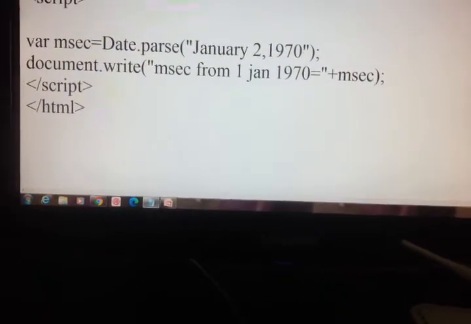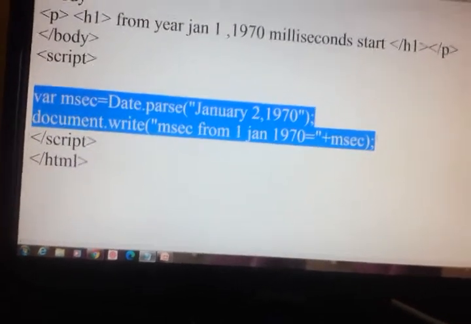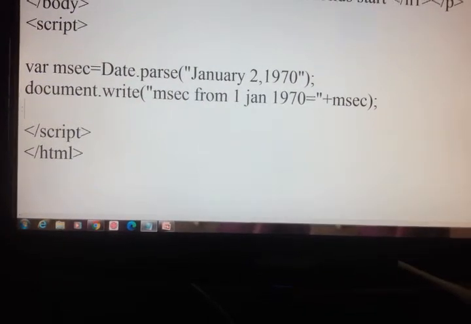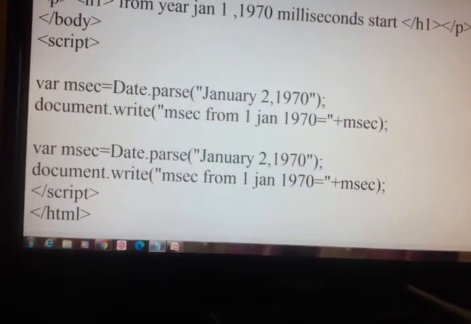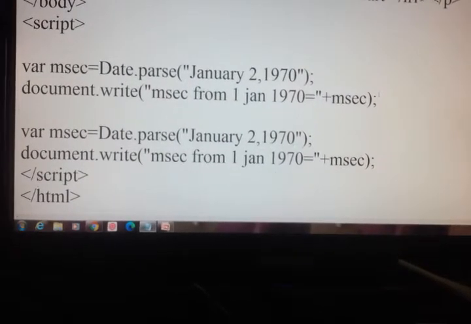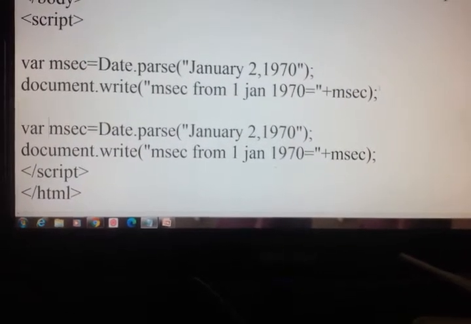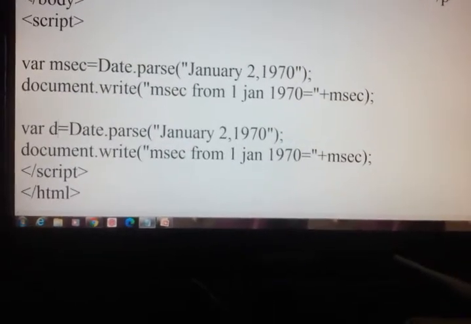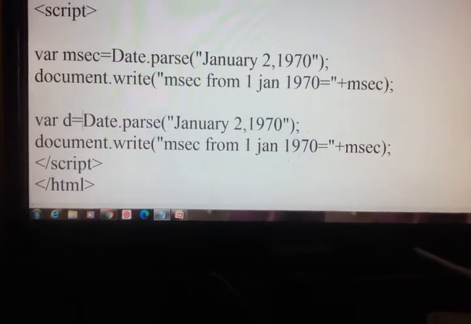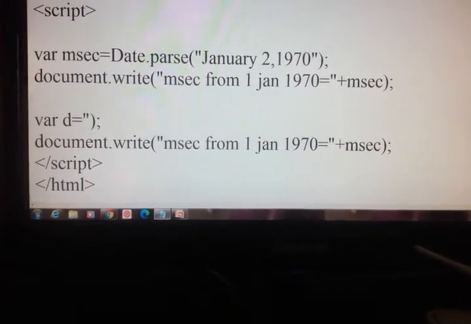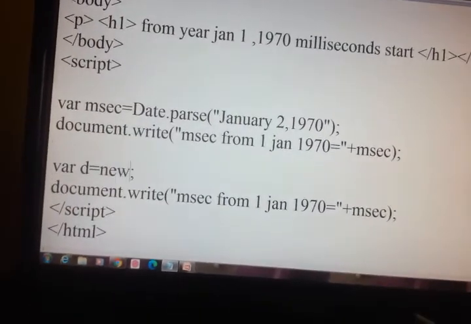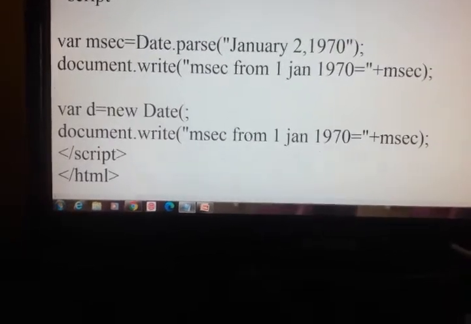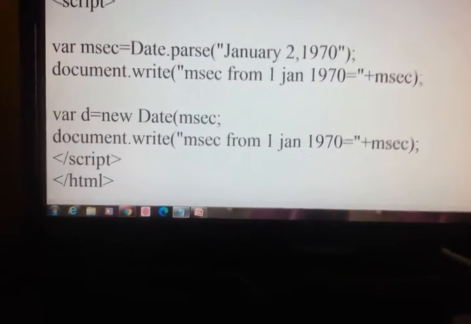Let me add some more to this. Variable d is equal to new date msec.